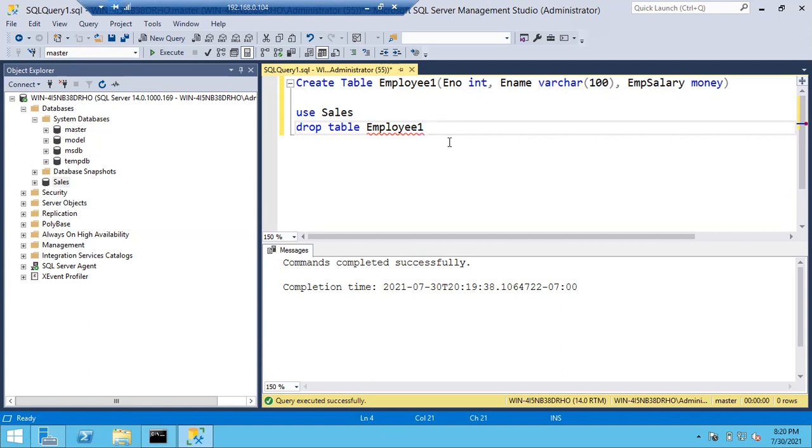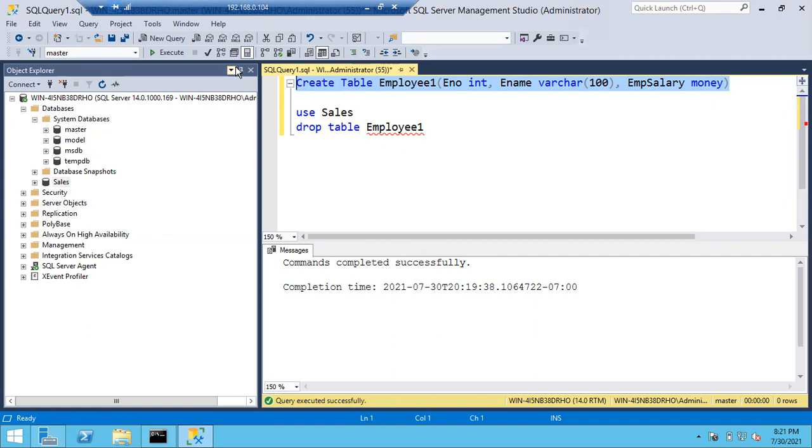Now you are going to run these three queries. Now tell me what will be the output. I want output. Three outputs will come here. I need all the three outputs. First thing, what you are going to see if you run this one. It will create a table in master. Is it? Are you sure? Already the table exists in master.